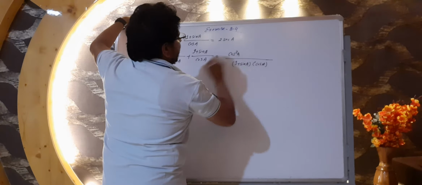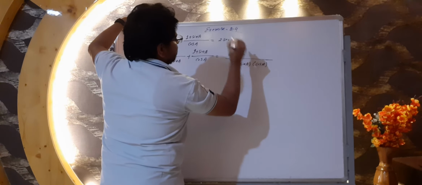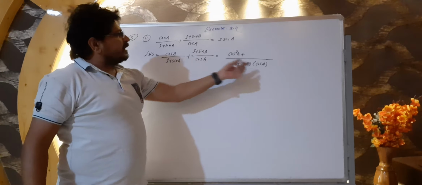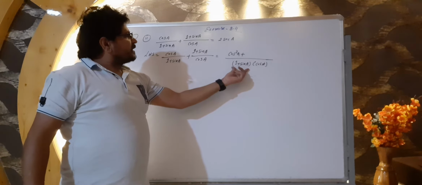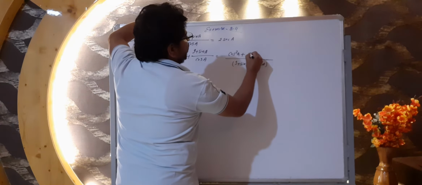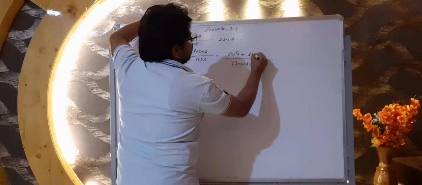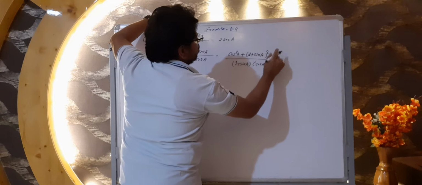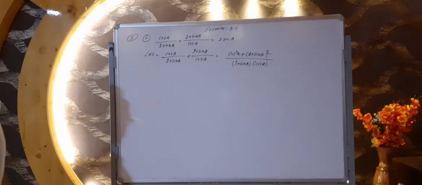cos square A. Okay. Plus then plus. Same manner, 1 plus sin A cos A divided by cos A. Cos A and cos A will cancel. What remains? 1 plus sin A. Here also 1 plus sin A. Both will multiply. Then what we will get? We will get here 1 plus sin A whole square. Okay guys, this is the step.